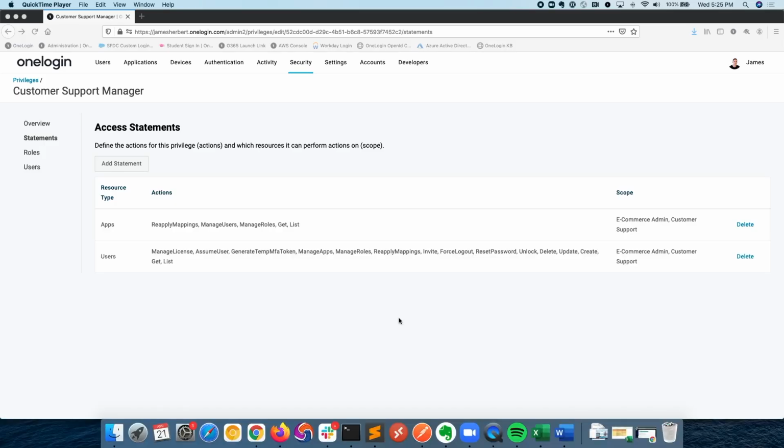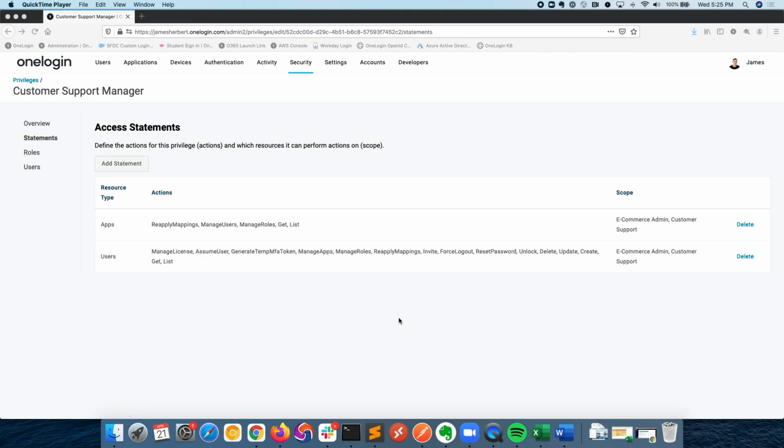In this demo, I'm going to be showing OneLogin's new delegated administration feature. This feature allows organizations to optimize the way that they manage administration for more complex organizational structures. I'm going to walk through a scenario in which a developer-centric administration team primarily leverages the OneLogin Terraform provider and